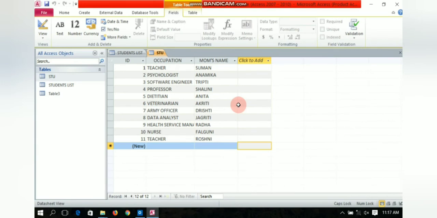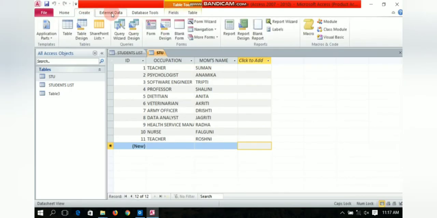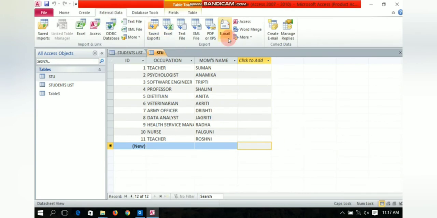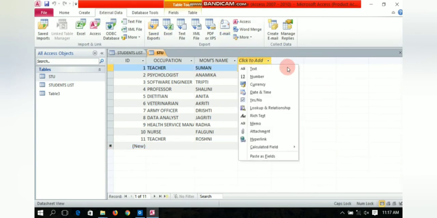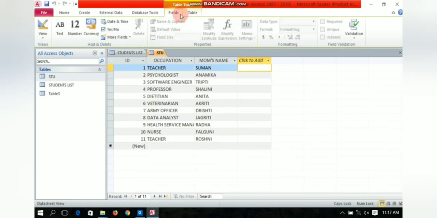So now I will tell you how you can insert a field. Okay, so here are a few tabs: File, Home, Create, and many more. So what you will do, you will just click on Table Tools. Okay, there are two options, Fields and Table. Go to the Fields option.